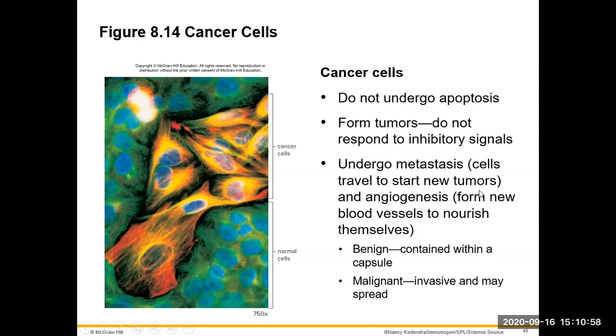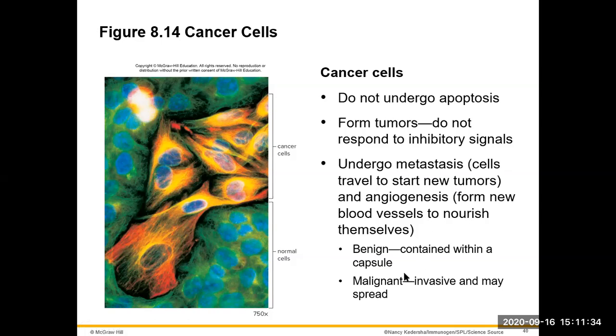It's called metastasis. And then it forms new blood vessels. Angio is, by the way, a blood vessel, and genesis is formation, so formation of new blood vessels. It's like there is a tumor right here. It breaks away, goes to a different tissue, clears the forests and establishes its own transportation system, and then it nourishes itself. That's metastasis. They travel to start new tumors, and they form new blood vessels to nourish themselves.